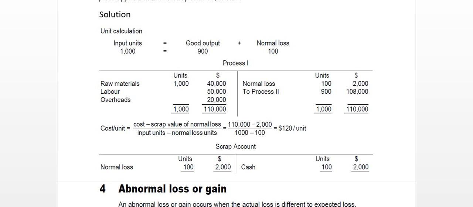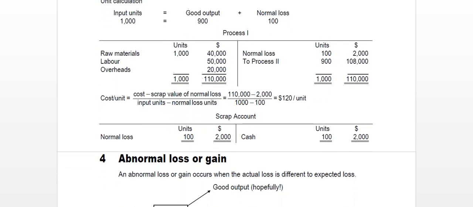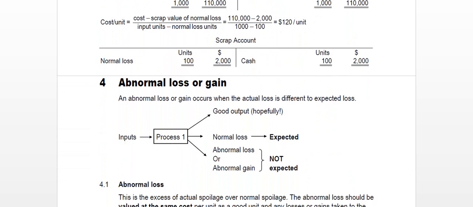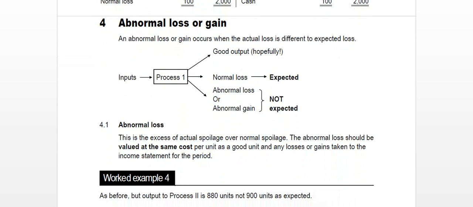At this level, they will not ask you to produce a T account, since the exam is computer based, but they may give you a question which already has T accounts, and then you identify which answer has got the correct double entry. We could also have an abnormal loss or an abnormal gain. Before we move on to the next one, so for example, if the question is to give